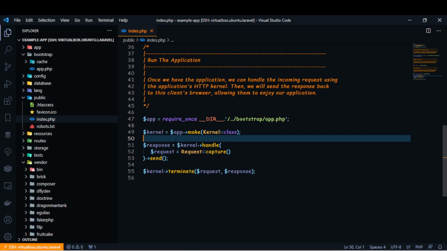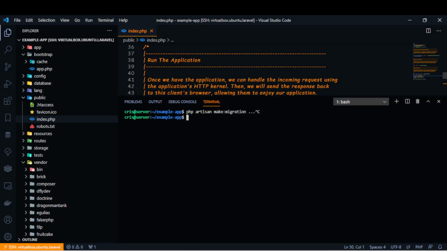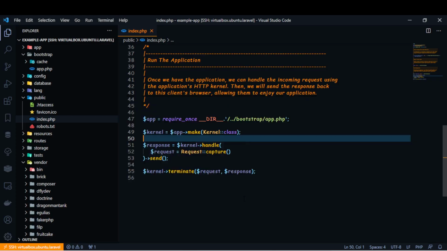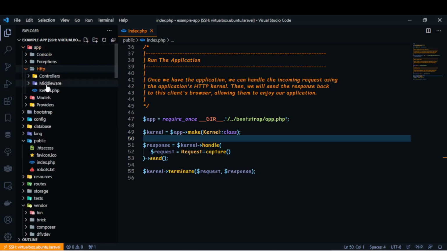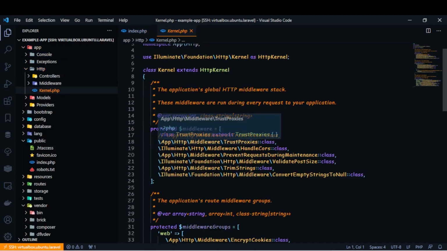Remember that a console request means that the user can interact with the application using the command line interface. And the HTTP request is where the user can interact with the application using a web browser. You can see the App HTTP Kernel inside of this file,